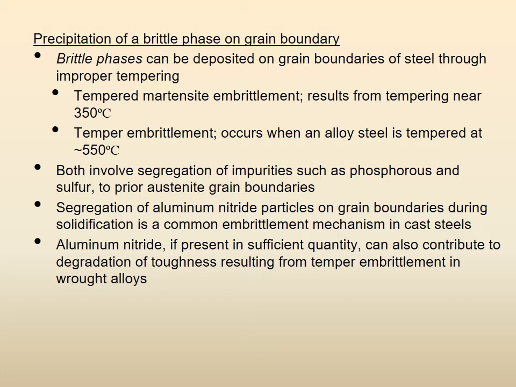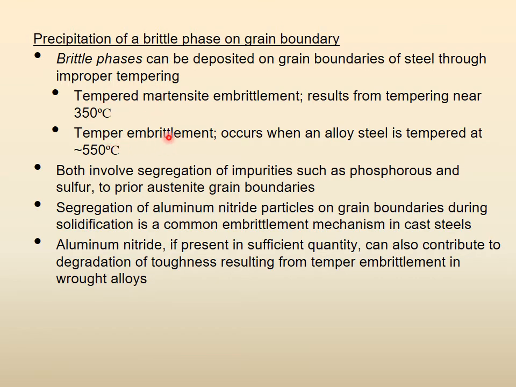Otherwise, if you remember, when you have molten steel and you cool it at a good slow pace, with equilibrium cooling, then the phases are delta ferrite, austenite, and alpha ferrite. Martensite forms when from high temperature you suddenly quench, dipping into cold water or cold oil and so on, right? So if you have martensite and it becomes brittle, that is embrittlement, right? So when you do tempering near 350, this happens.